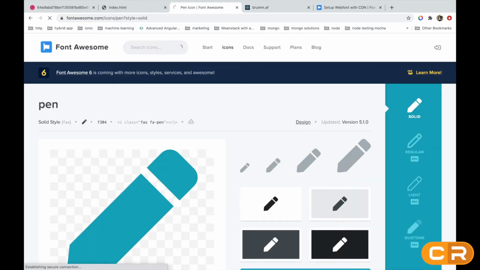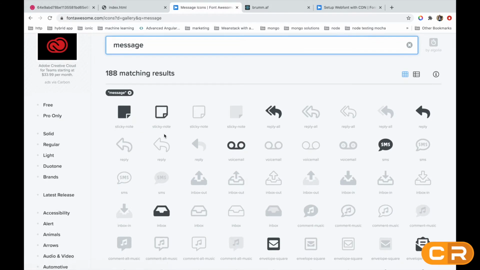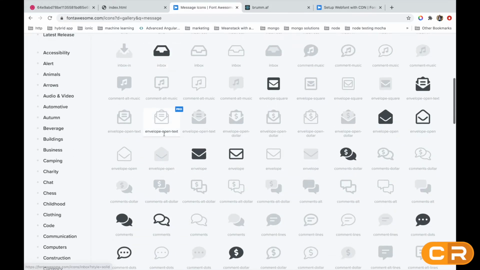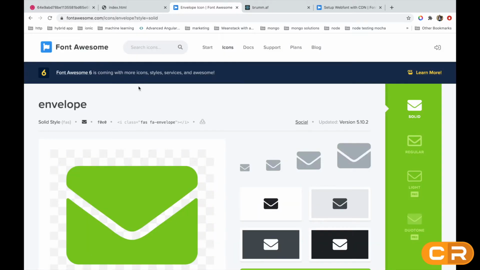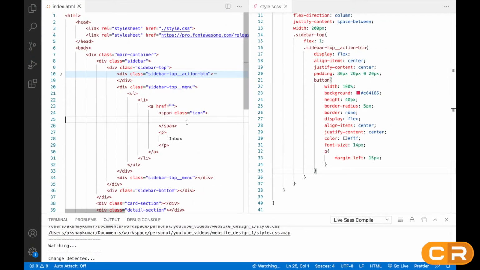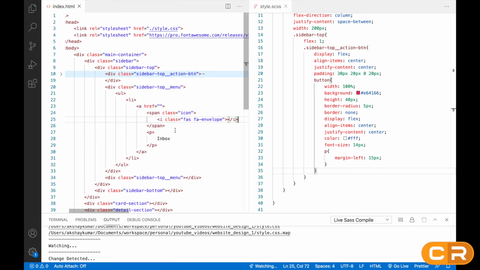So you can search message. So I think this icon will be fine. Just click on this text and just paste it here, right? So if I refresh this, it will look like this.